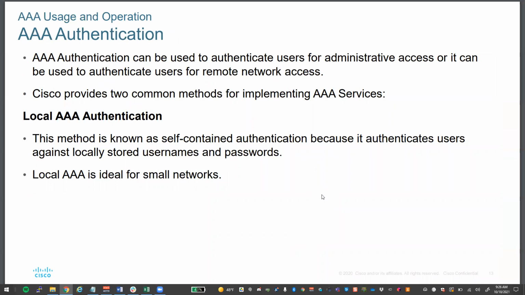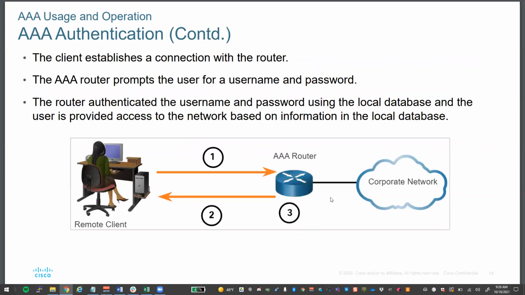All right, so AAA authentication, there's a couple ways to set this up. From a Cisco perspective, you can do what's called local AAA authentication. This is self-contained authentication because it authenticates users against a locally stored database of usernames and passwords. Local AAA is ideal for small networks. So if you're running a small mom and pop shop, it may make sense for you just to use local AAA authentication. However, as you're using bigger, you want to connect to a router, for example. So it's going to prompt for a username and password. That router does the authentication on a local database on the router itself,